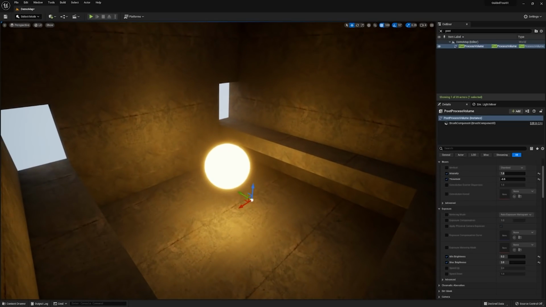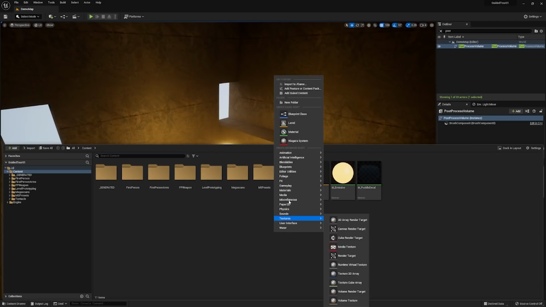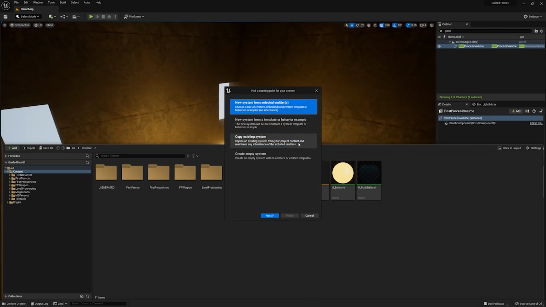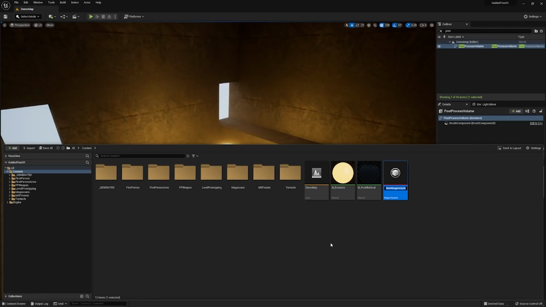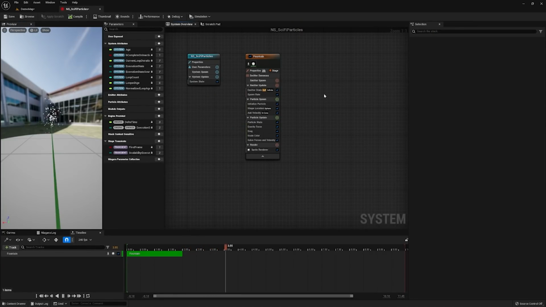Niagara. Niagara is Unreal Engine's next generation VFX system, and it's been around since reasonably late in UE4's lifecycle. There are some new toys for it packed in with UE5 though, so I'm going to go ahead and create something basic to begin with. I'm going to create something that's based on a fountain system, and then we're going to modify it as appropriate. I'm going to call this NS_SciFiParticles.